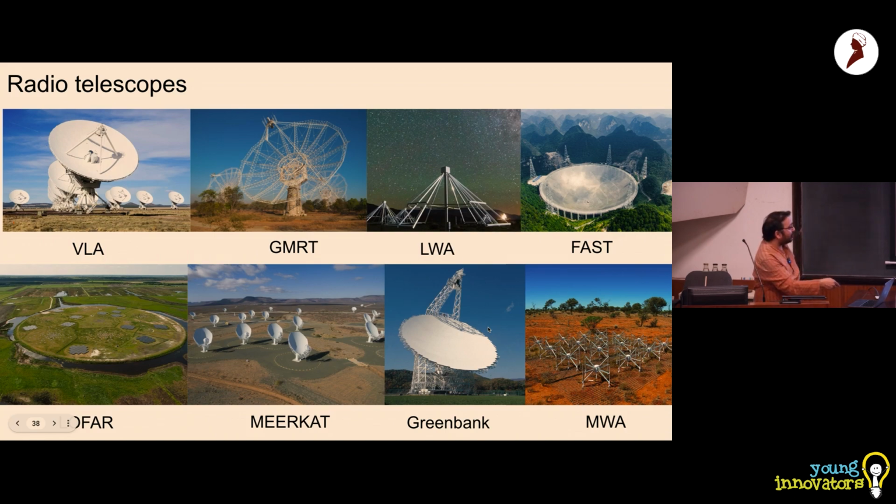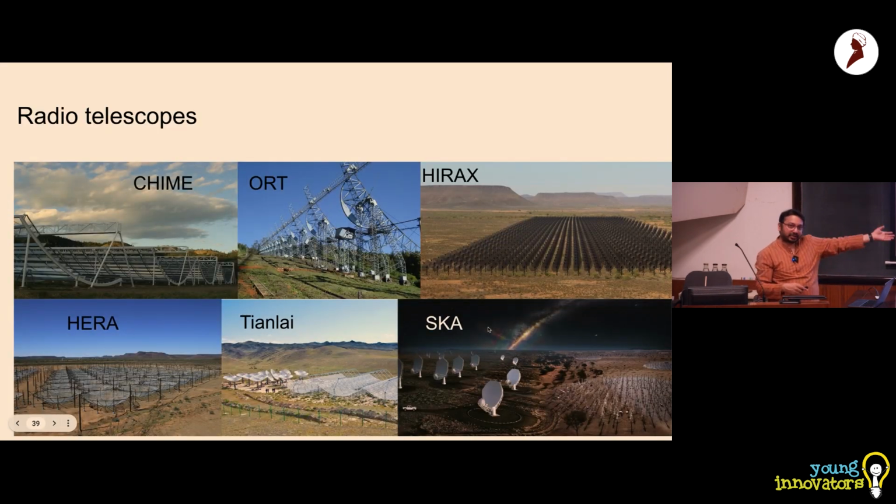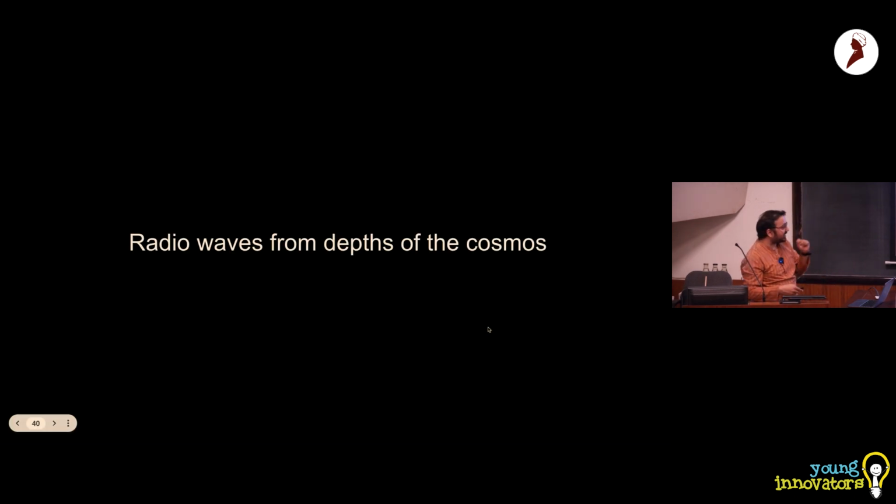Some of them are single telescopes, some are different telescopes put together, what we call interferometers, like GMRT. And the list goes on and on. The Square Kilometre Array, if you've heard about it, is coming up, and that's going to be the biggest radio telescope on Earth. But the last part that I want to cover exactly ties up with your question